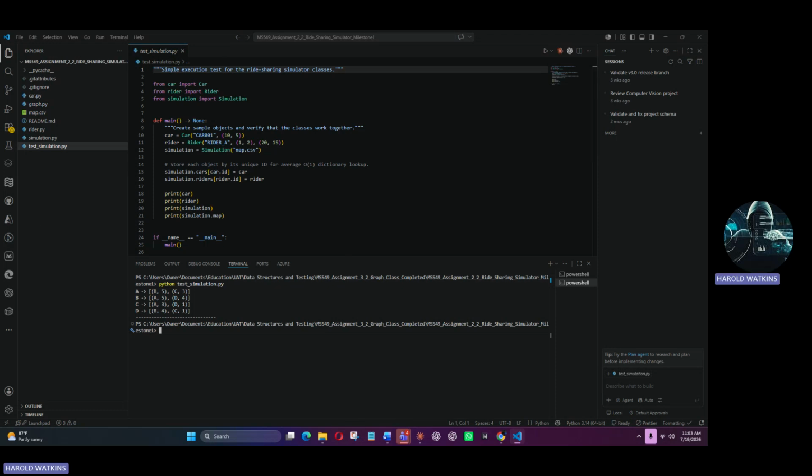Okay, so finally, I ran the test simulation. This script initializes the simulation using map.csv, creates sample car and rider